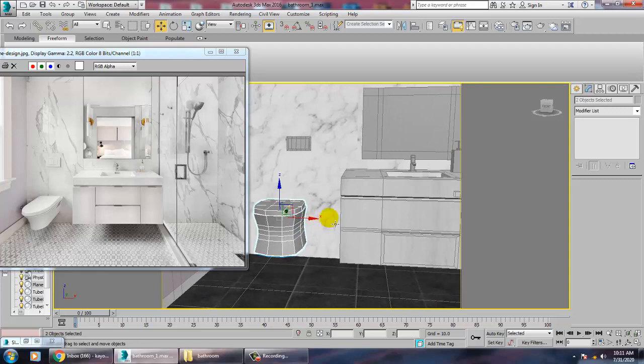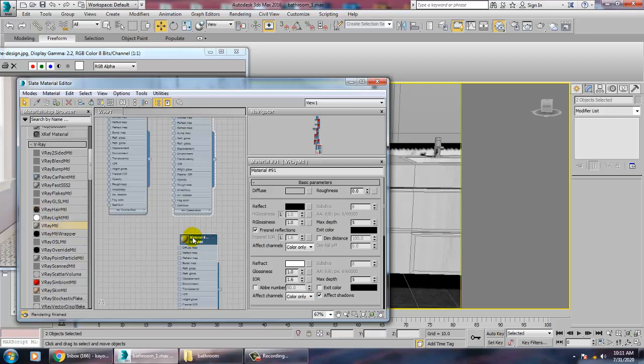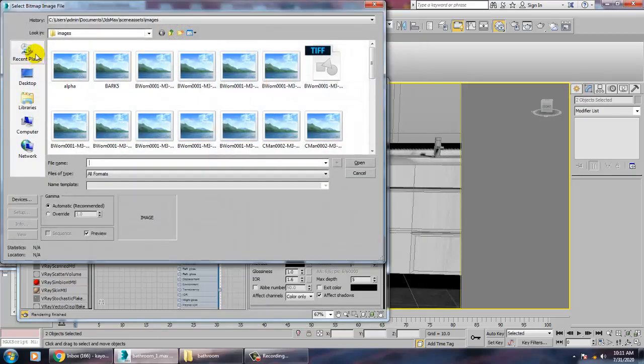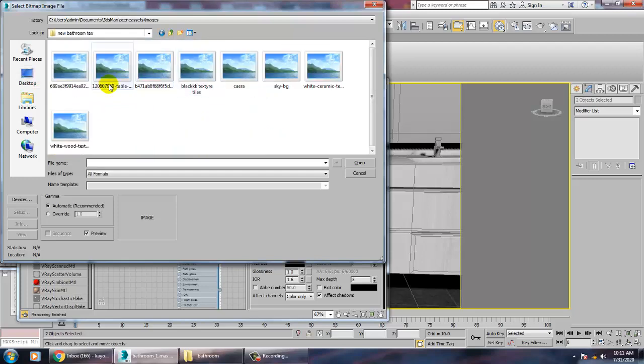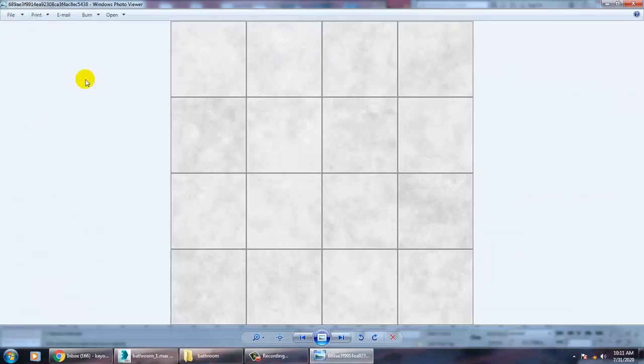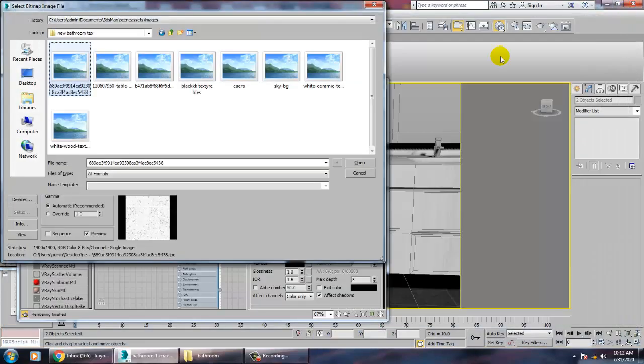Let's press M, go into V-Ray material, go into diffuse bitmap, and go into this desktop, new bathroom texture. We can check out a ceramic texture. We can take this white ceramic texture.